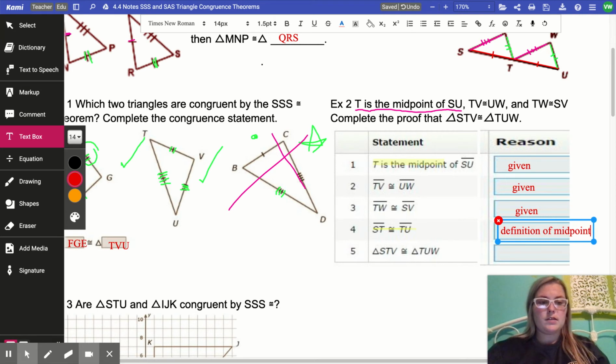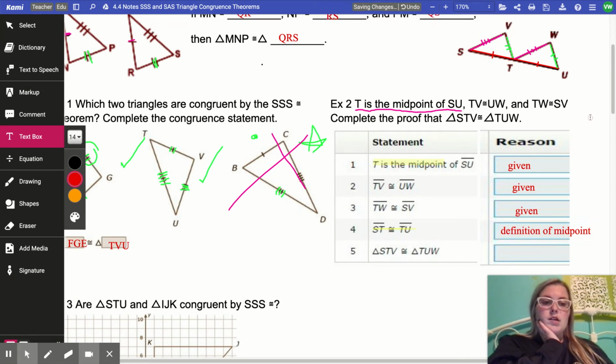Okay. So I look, okay, TV is congruent to UW. That's looking at my green sides right there. TW is congruent to SV. That's my pink sides right there. And then ST is congruent to TU. So I have all 3 sides of my triangle STV congruent to all 3 sides of my triangle TUW. So that means that triangle STV is congruent to triangle TUW by the side